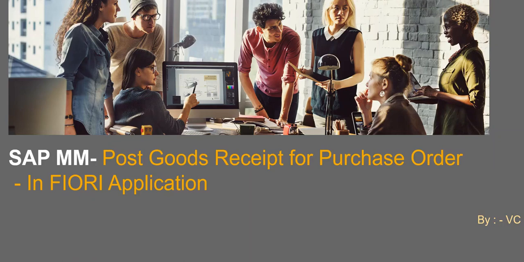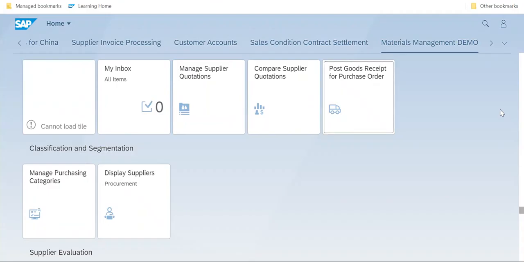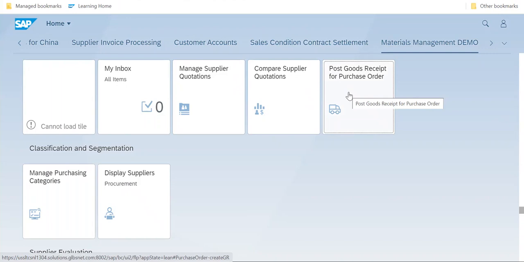And as we know that since SAP is introducing S/4HANA and FIORI Launchpad, most of the transactions will be available in FIORI Launchpad as well. So friends, I'll be moving to FIORI Launchpad and will execute an application called Post Good Receipt for Purchase Order. This is the screen of FIORI Launchpad. Here there are different applications. I'll be choosing an application called Post Good Receipt for Purchase Order, and then we will see how we create